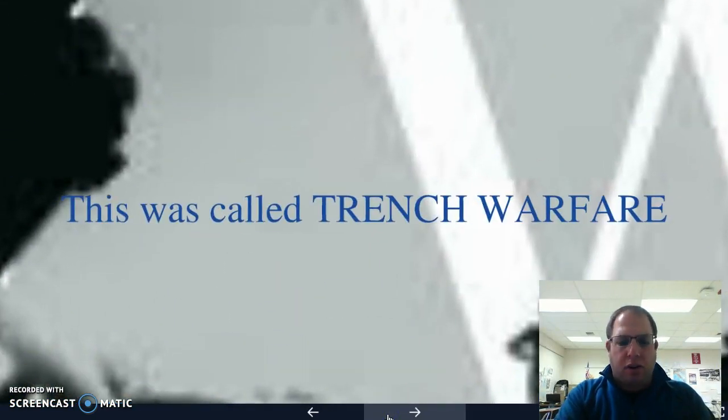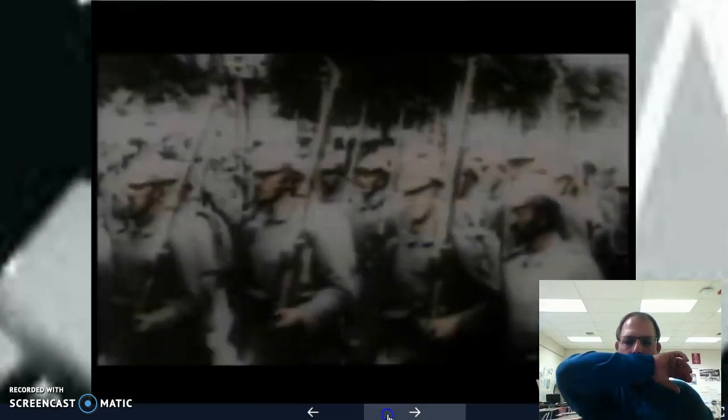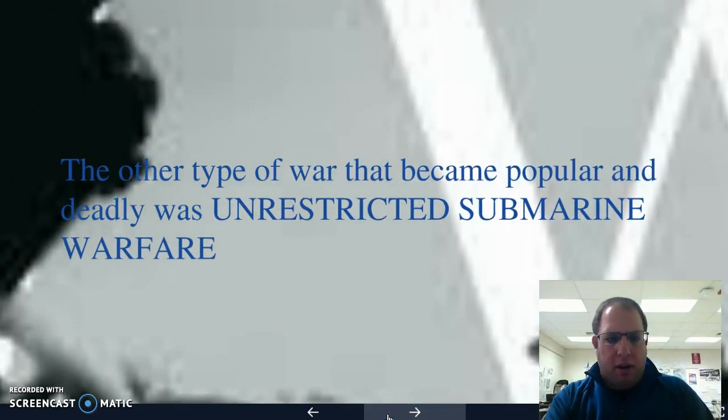Okay, so this is called trench warfare. All right, many casualties, not gaining much ground. I'll show you some different characteristics that go along with this, but it was dangerous. People literally going over the top and being shot and killed right on the spot, which is why they had so many deaths when it comes to this type of warfare. Plus, with mustard gas or chlorine gas being shot into the air, it sits over the land and just kind of falls into the trenches, and it can very much kill you that way as well. I'll show you that video at another time.